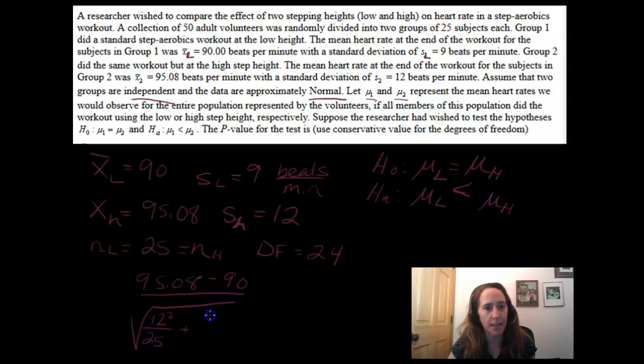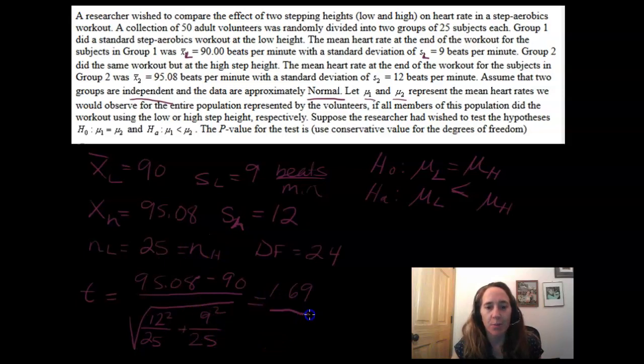And then for the second one we have 9 squared divided by 25. And this is our T statistic. This is what I want you to do when you're showing your work, and then we can calculate it, and that turns out to be